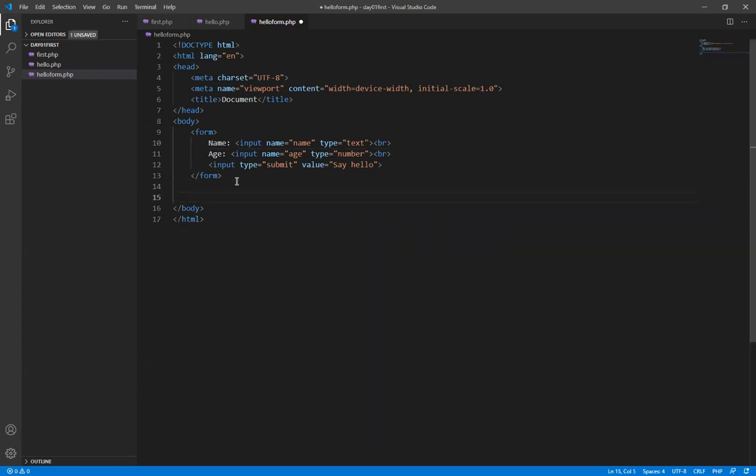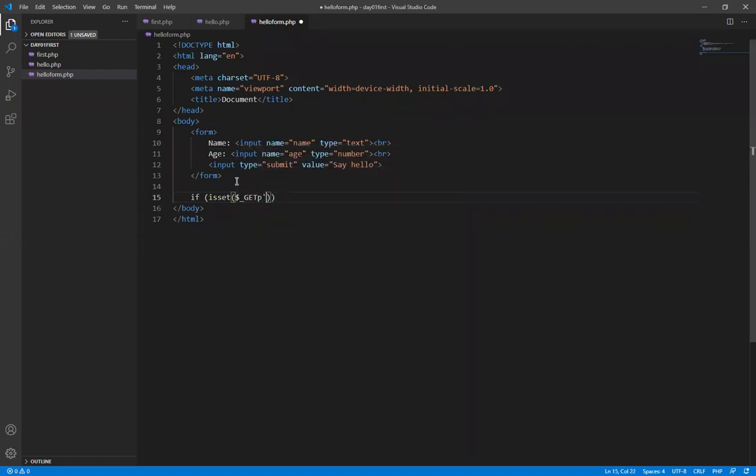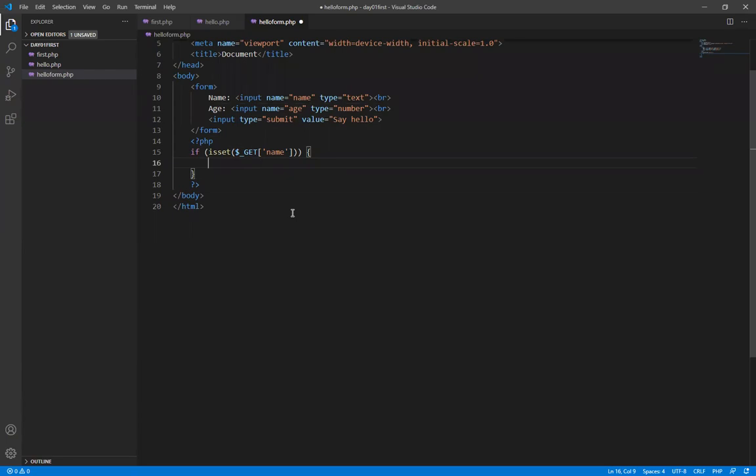So first of all, we want to check if there was a submission. So if isset of GET of name. Now in this case, when we have a form, it's generally okay to just check one of them. Now we have both name and age, but because it's a form, if they're submitting, they're going to submit the whole form. So checking just one is sufficient, right? So if the name was given, then I'll say